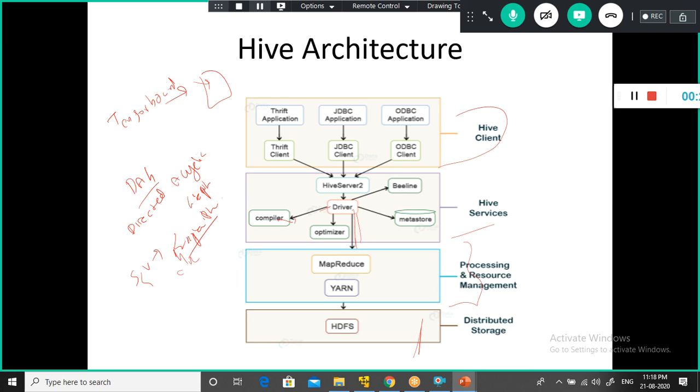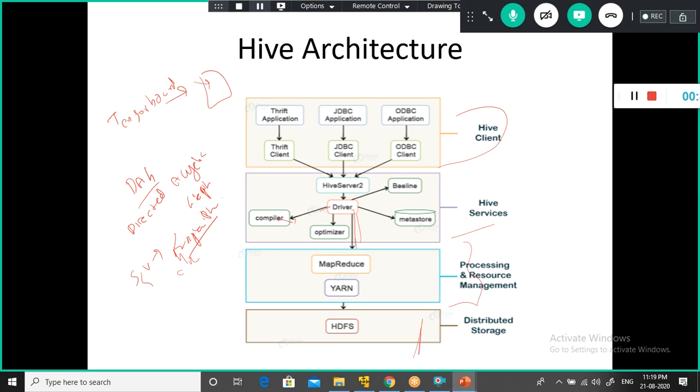The deserializer associated with the table or intermediate objects is used to read the rows from the HDFS files, and these are then passed through the associated operator tree. Once the output gets generated, it is returned back to HDFS temporary files using the serializer. These temporary HDFS files are then used to provide data to the subsequent map reduce stages of the plan.